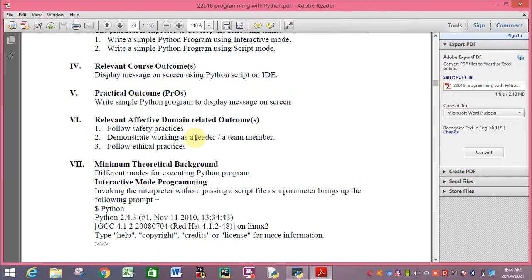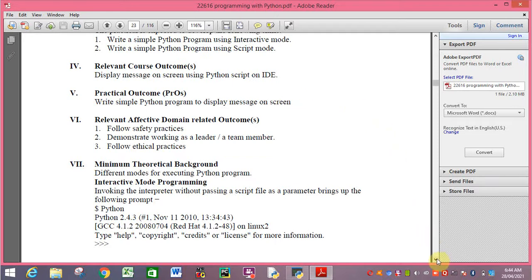This is the course outcome: display a message on the screen using a Python script on IDE, integrated development environment. And this is the practical outcome: write a simple Python program to display a message on the screen.